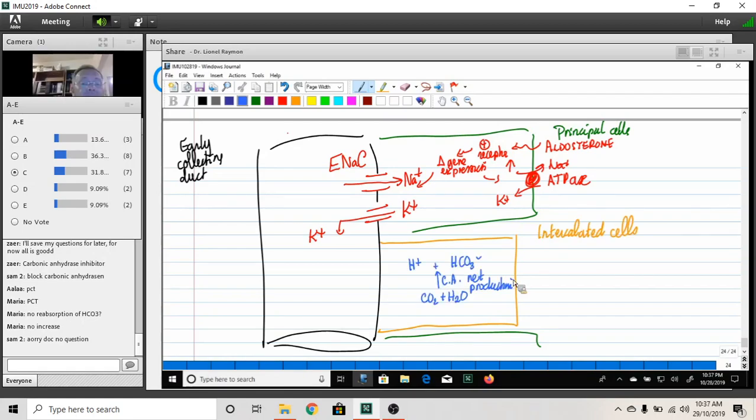If they're called alpha intercalated cells, they want proton and bicarb. Of course, bicarb is going to come in exchange with chloride, and that is bicarb and fight acidosis. That's the 4 to 5 days to full compensation, for example, that we were